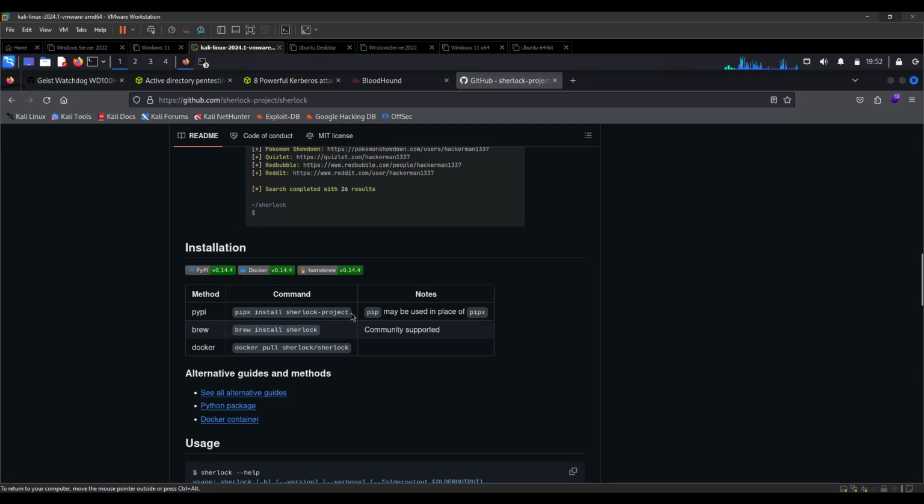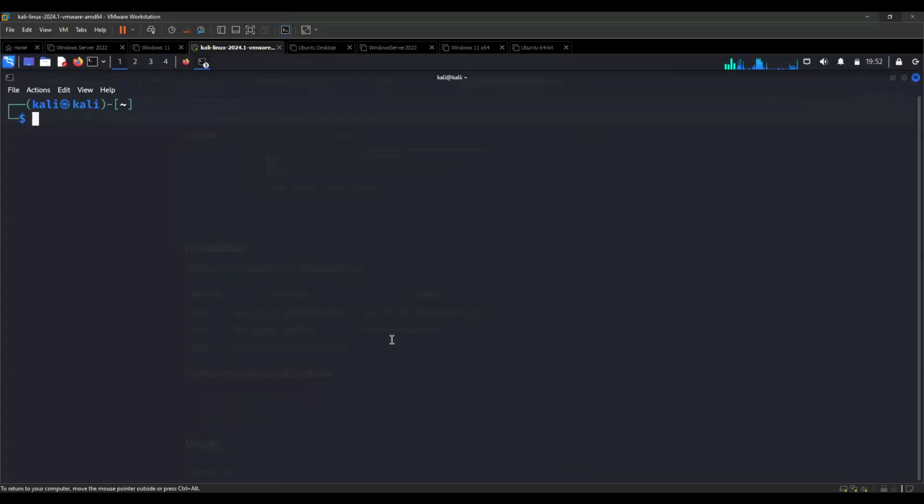The only thing we need to do is copy this command over here, which is pipx install sherlock-project. It's also possible you may not have pipx installed by default, so you can also use pip to install it. And I'm going to show us what that looks like.